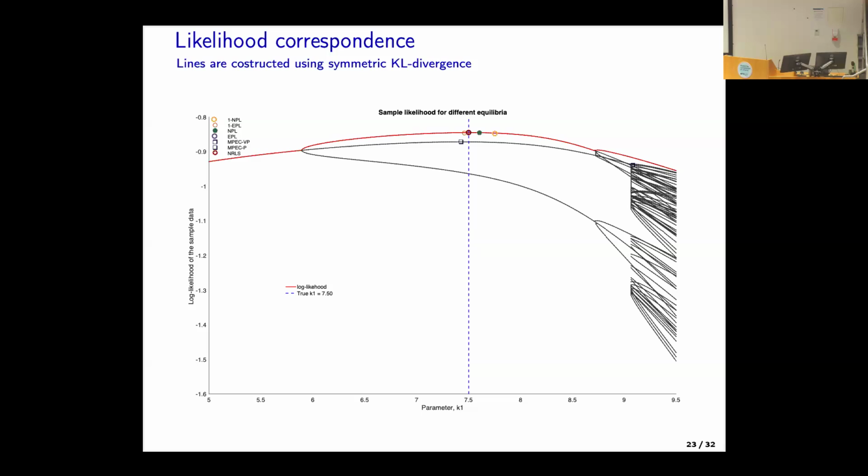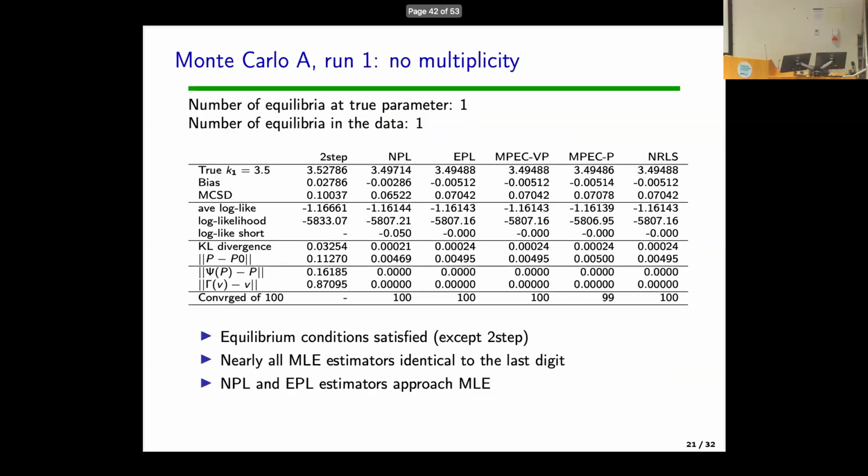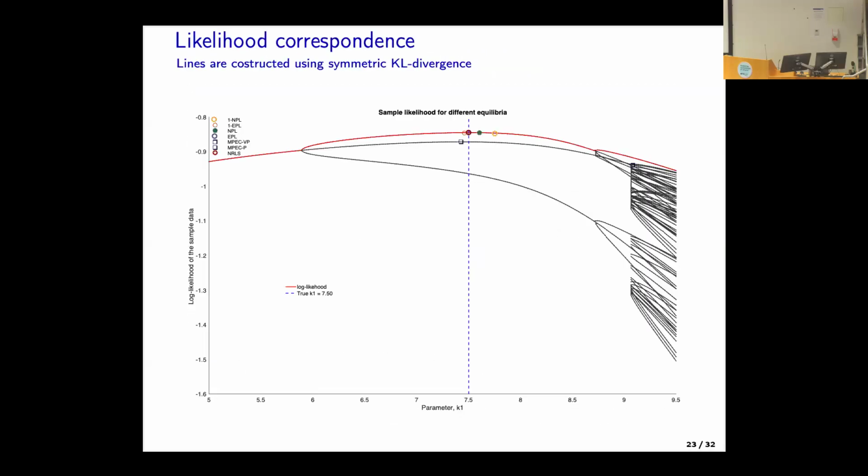Questions? Yes. Each line corresponds to an equilibrium. That's right. Each line here corresponds to an equilibrium. You can say, well, over here for this low level of the parameters, it's only one equilibrium, so it's kind of trivial to say this is the first equilibrium. How do we connect the dots here?